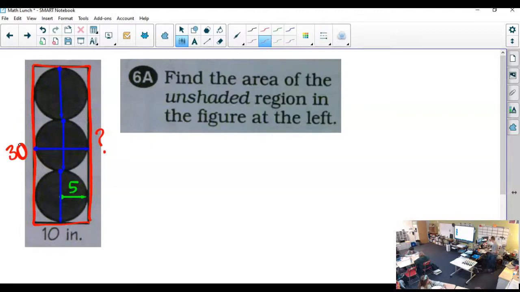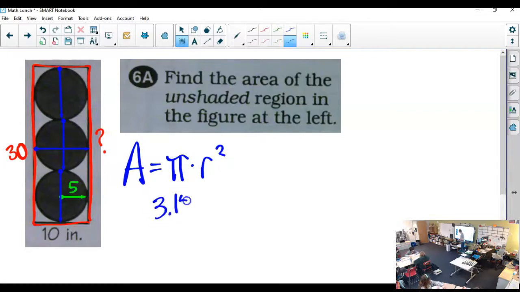So, for the rectangle, it'd be 10 times 30 or 300. So that's the whole thing. Then we got to figure out the circles. So for our circles, what's our area formula? Pi times radius squared. And we said our radius here is going to be 5, so we're going to do 3.14 times 5 squared. Now what happens when we square a number? Times itself. So this is going to be 3.14 times 25,